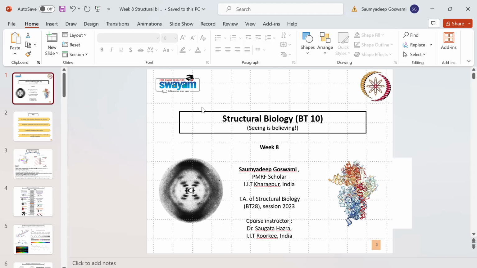First, we discussed X-ray crystallography, the processes involved in it and the theory behind it. In the last 2 weeks we discussed another technique of solving three-dimensional structures of biomacromolecules, that is nuclear magnetic resonance,